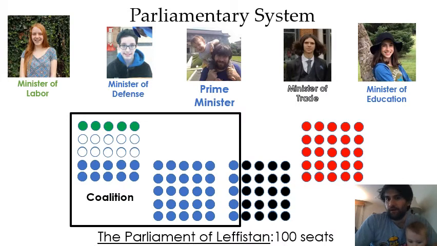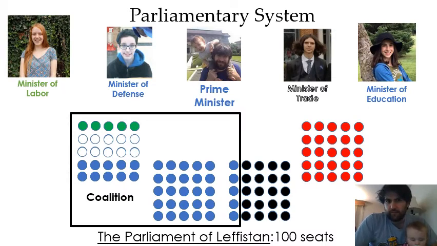But when there are a bunch of different parties, it's often hard for one party to have the majority. What this means is that in situations like this, the prime minister has a little less power than he or she would if a single party had the majority,